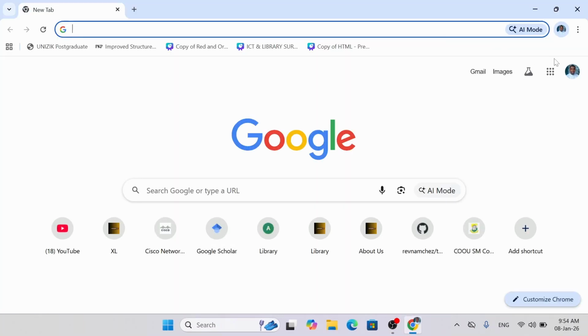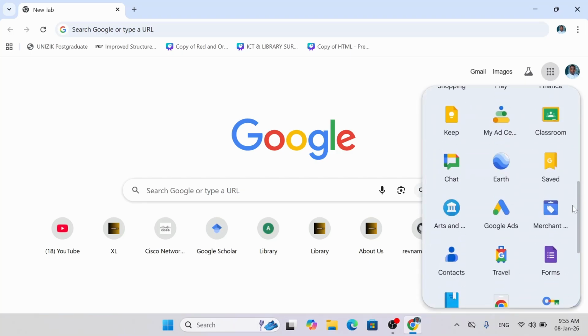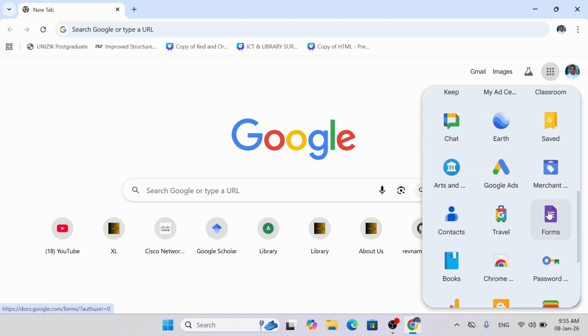I can simply go, you can see my Gmail account. Then this is Google Apps. I can simply click on this Google Apps, then scroll down to find Google Forms. So once I click on Forms, the same page will open. So I click on Forms,